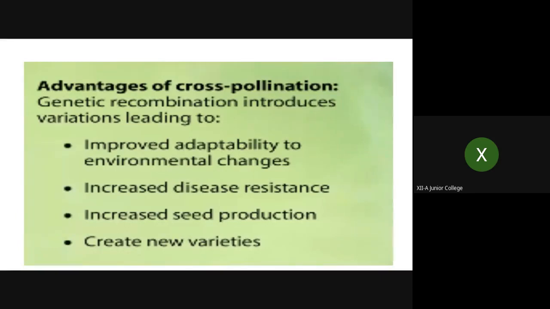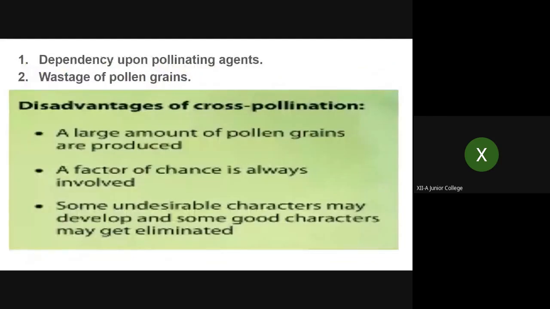And the most important one, related to creating new varieties, is that as two different plants are involved in cross pollination, the characters from two different plants are involved, so obviously variations are observed, new genetic recombinations are observed. These lead to variations, and those variations lead to the formation of new species after a few generations. So it has a very important role in the course of evolution. So these are the advantages.